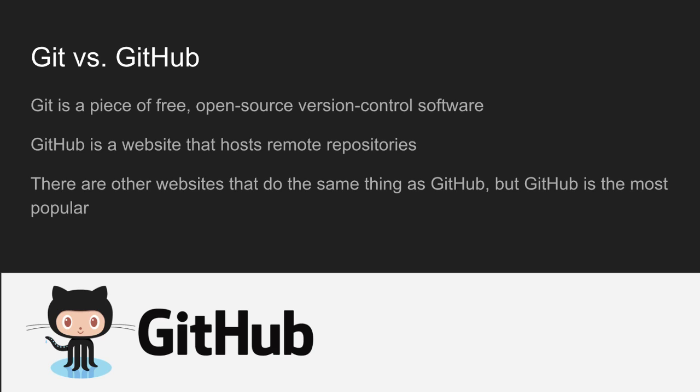It's free, it's floating out on the internet. It's not really tied to anything, it's not even owned by a company. GitHub, on the flip side, is a for-profit company that provides servers that host remote repositories, right? GitHub did not make Git. They have no right to Git. They just sell you servers that run Git for you and host remote repositories, which